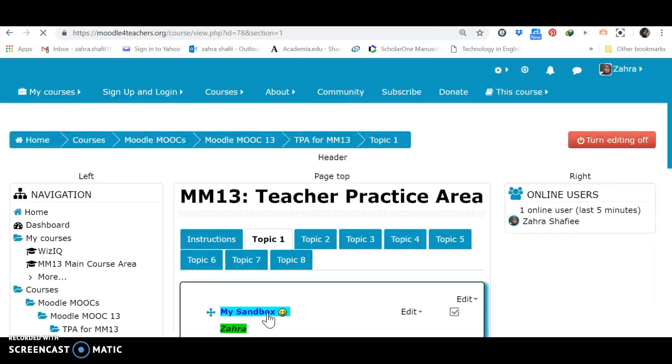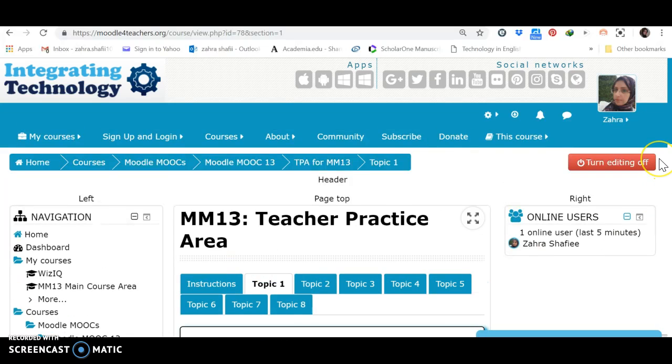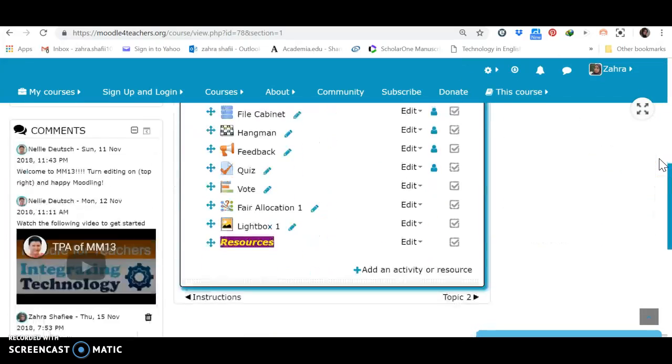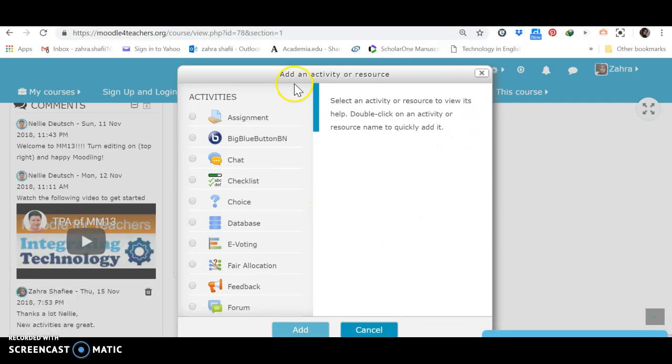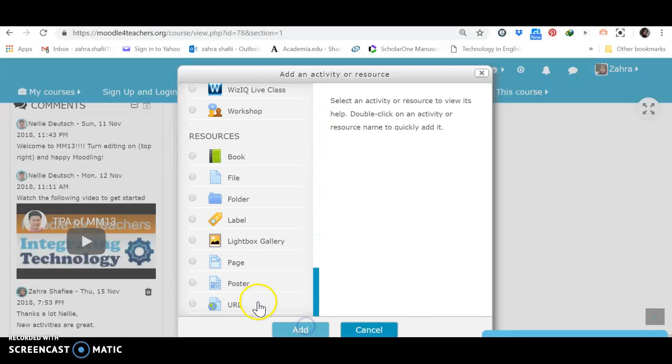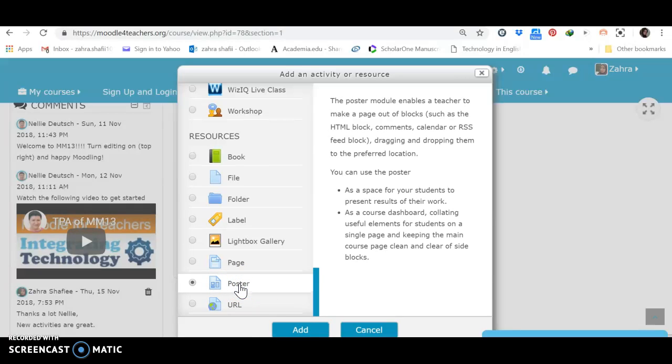Let's see now how our page looks like. Of course, there is much more to these resources than just organizing a page, but first of all I used it for this reason. Now there's a light box. I want to add some more, for instance, a poster. I would like also to add a book,